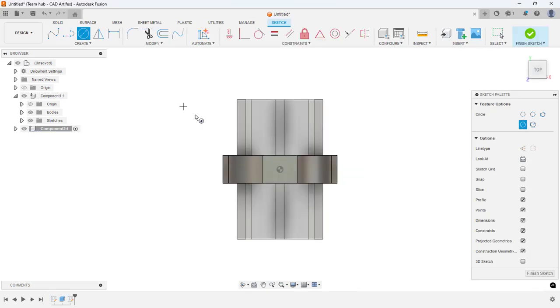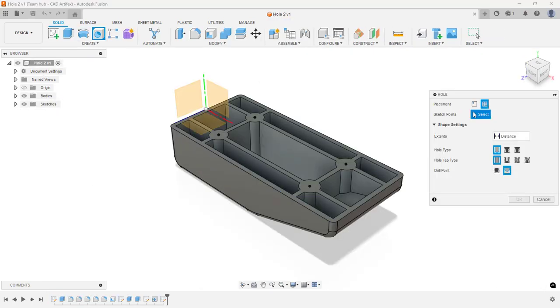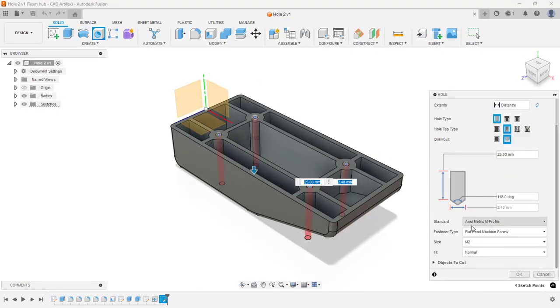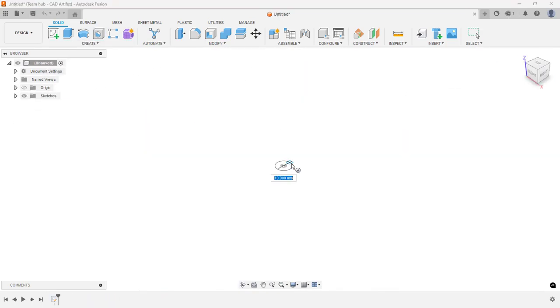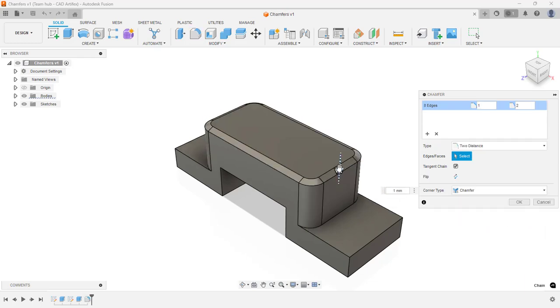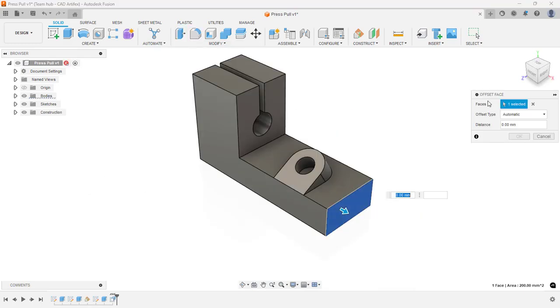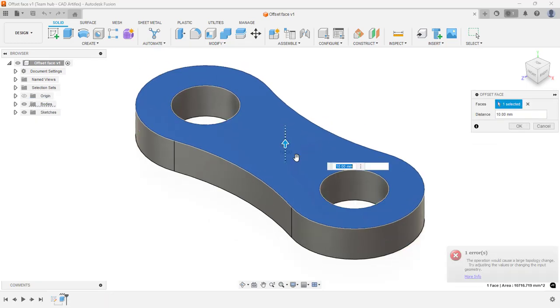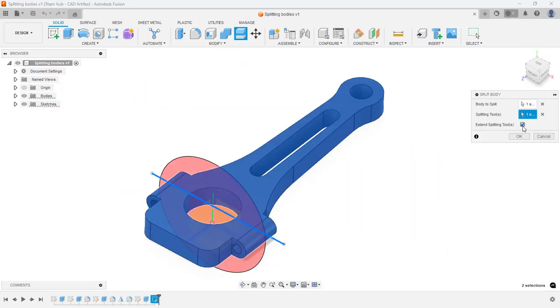You will go beyond basics and explore advanced modeling techniques such as standard and custom holes, thread, helical and spiral coils, 3D sketch, draft, fillet, chamfers, and more. You will also learn to modify geometry using tools like press pull, offset face, split body, and combine, enabling you to